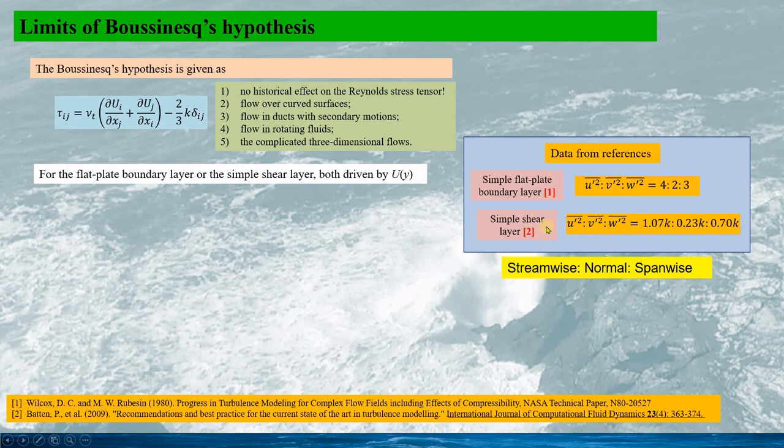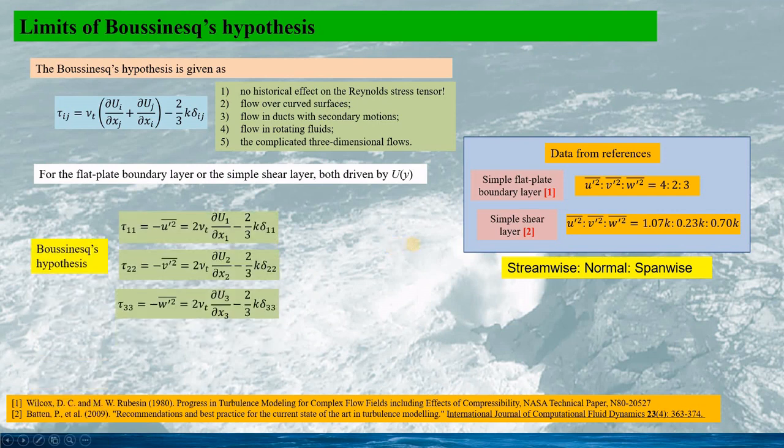And in the simple shear layer, these 3 normal Reynolds stresses are 1.07k, 0.23k and 0.7k. So if we analyze the Boussinesq formulation, we can see tau 11 given as this, tau 22 given as this, and tau 33,